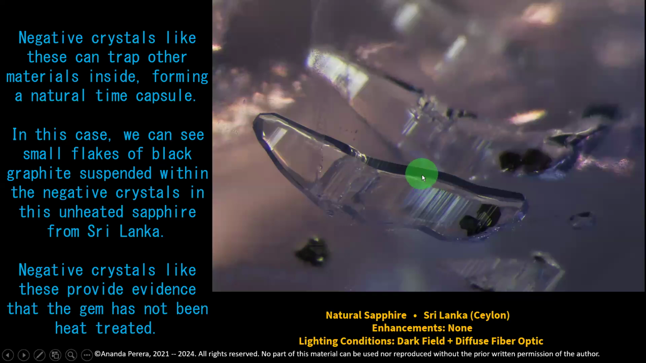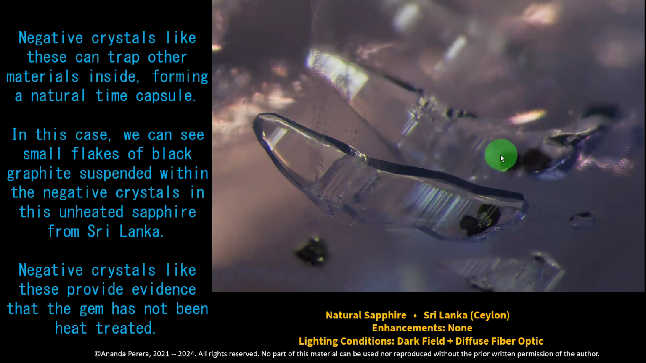Look at this. Here, there are two big negative crystals you can see. They trap other materials inside, forming a natural time capsule. It is like a capsule. In this case, we can see small flakes of black graphite suspended within the negative crystals in this unheated sapphire